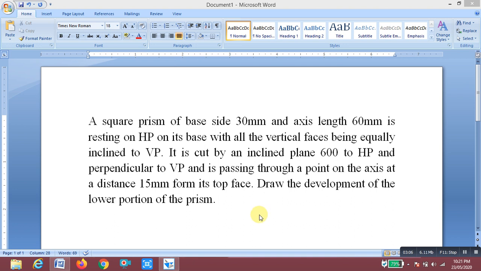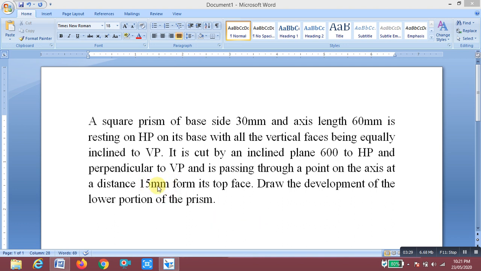and is passing through a point. The section plane is passing through a point on the axis at a distance of 15 mm from its top face. So the total height of the prism is 60 mm. From the top face, that section plane is passing through at a distance of 15 mm.